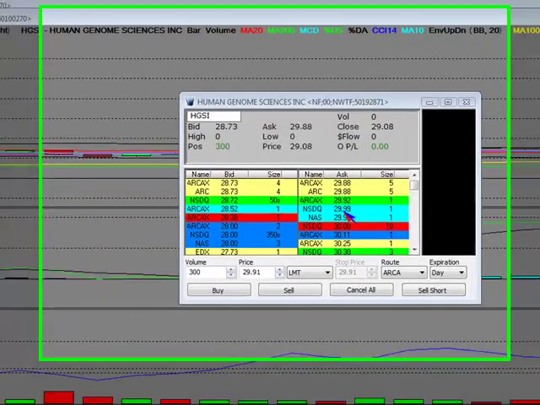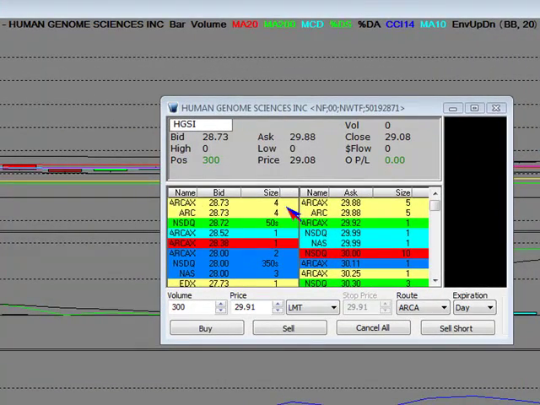MMTs, human genome, I've already given you the price action. What I want you to know is that below the market is where your bids are. And the gap, you can see the bid 28.73. You can see the ask is 29.86. So basically, we owned this yesterday at 29.01 in price so that we could show you how to put it